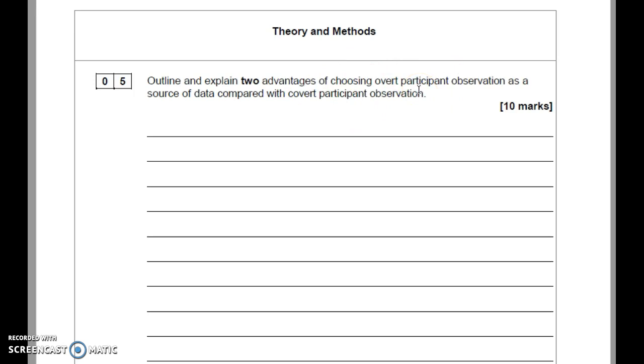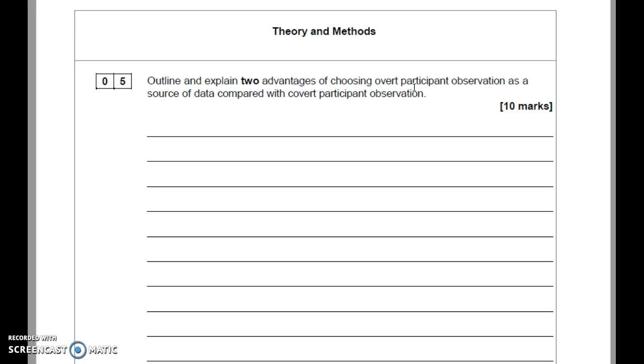Okay, and again, the majority of students did focus quite well on 2 advantages of overt. The most popular ones tended to be ethical ones, such as consent and avoiding deception, or this one about being able to take notes openly, or even avoiding being drawn into any illegal activities. They tended to score quite well, but what you needed to do was to state why they are an advantage